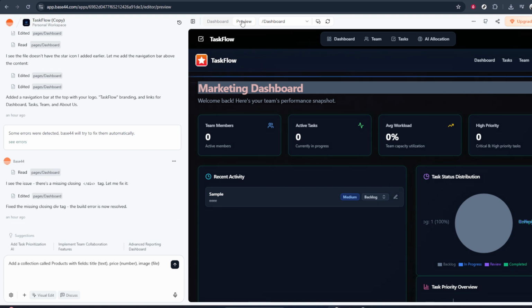First, make sure you're logged into your Base44 account and that you've opened the app where you want to enable test data. Once you're inside that app, start by heading to the main dashboard. You can usually find the dashboard option in the main navigation menu. Go ahead and click on dashboard. Think of this as your home base inside the app, where you can access all of your key tools and